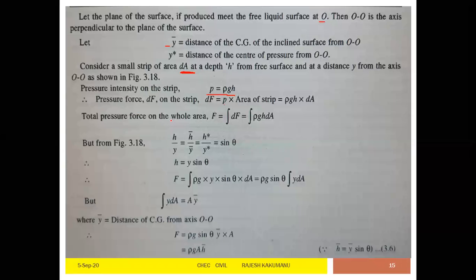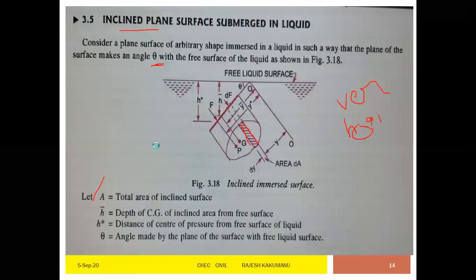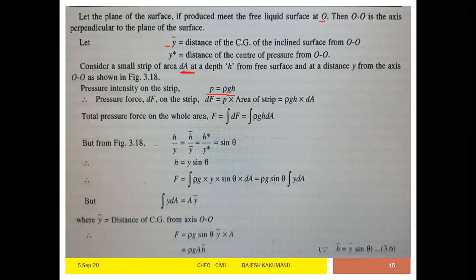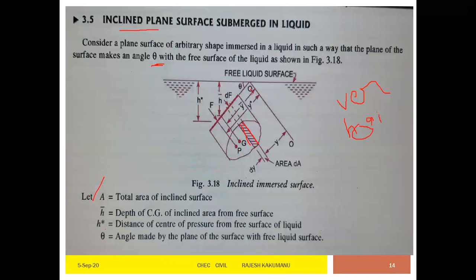The total pressure applied on the whole area is F equals integral of dF, that is equals the integral of rho g h dA. Now from the figure, h by y equals h dash by y dash, because these are both equal. h by y equals h dash by y dash equals h star by y star, that is equal to the angle we are making, sine theta. So if you make a triangle here with theta like this,